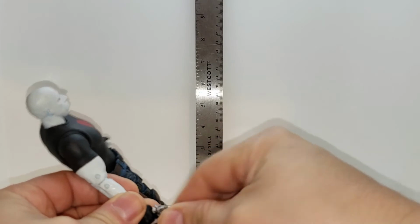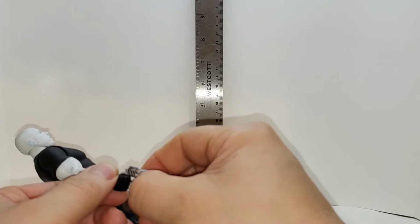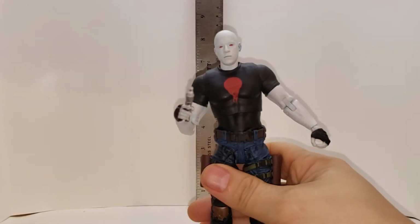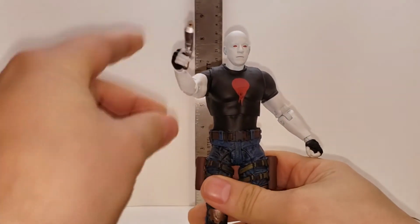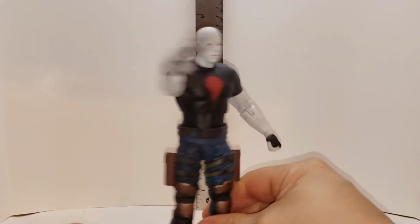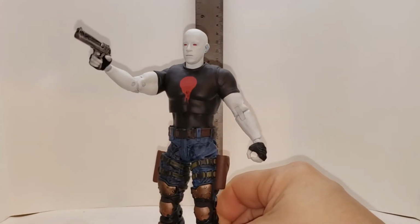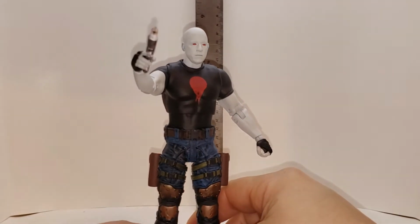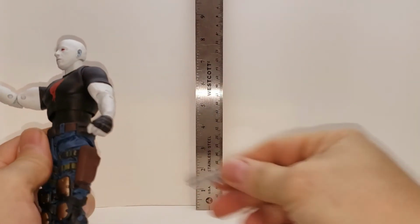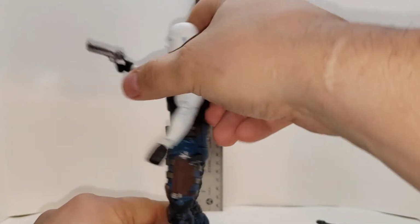So now I'm going to start playing around with the accessories. And he has a good pistol holding deal, and he's going to shoot stuff and talk a bunch of crap, which I don't even remember what all I said on this thing. It's been a hot second, because when I got this figure, I jumped right into the camera booth and I started recording. I was like, yes,